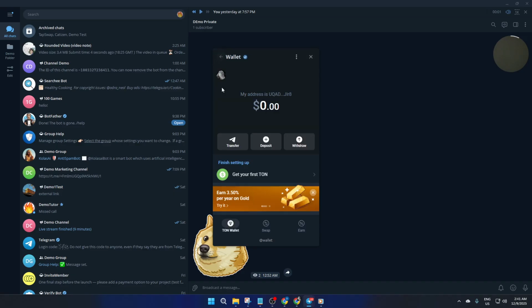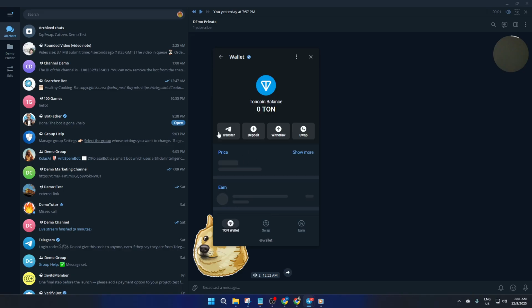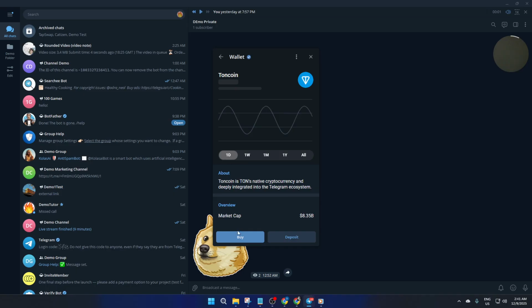Here, where the magic happens, tap on Toncoin. This brings up the Toncoin details, things like the current price, charts, and your available balance. Right below the price, you'll see a clear option to buy. Tap Buy and you're ready to convert whatever balance you just added, whether it's Ton, USDT, or another supported asset,